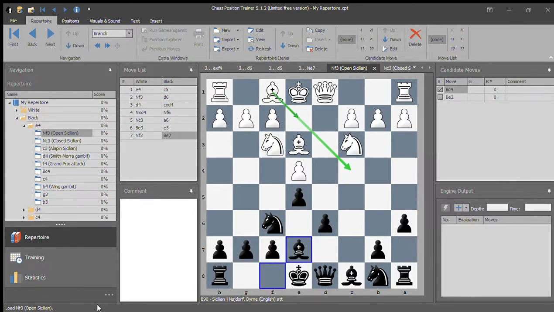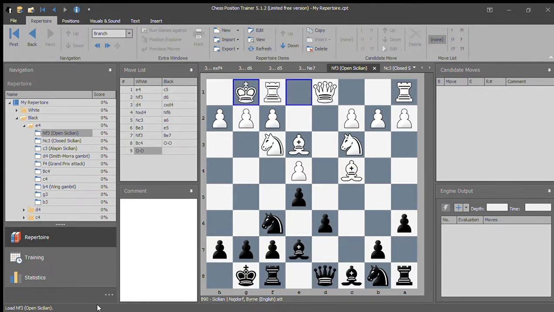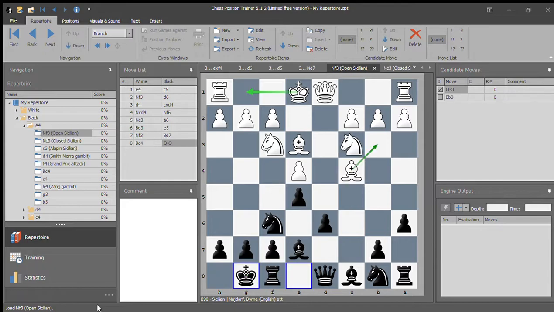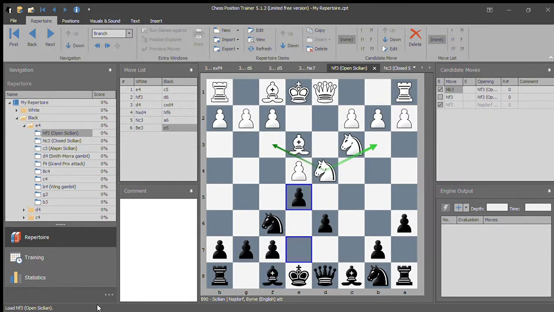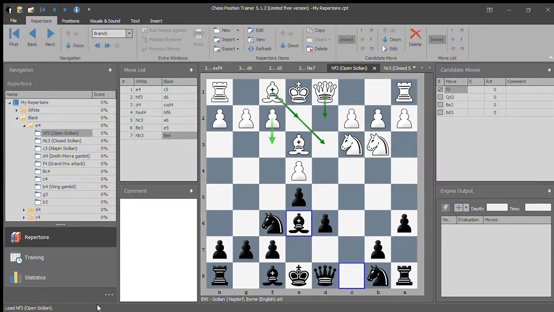But all my lines here are pretty solid. Like I've reached move 9, 10-ish for most of them, so my Najdorf is definitely decent. It's not good, but